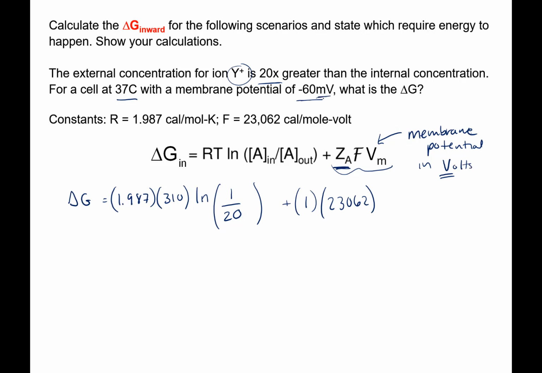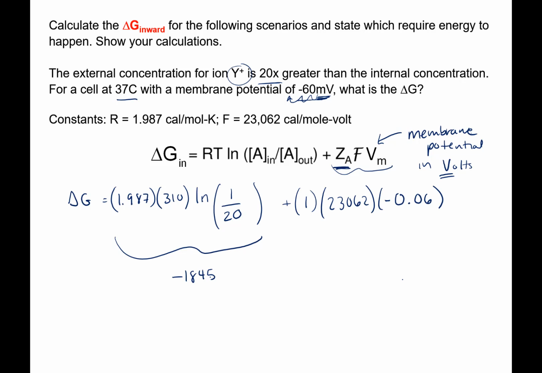So this is millivolts. To figure out volts, we move the decimal 3 places. It's negative 0.06. So this is really the answer from our previous problem, negative 1845. And then if we do this calculation,